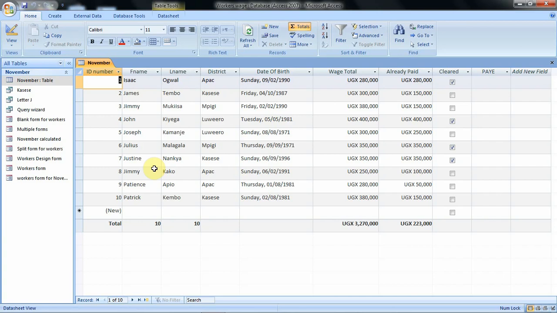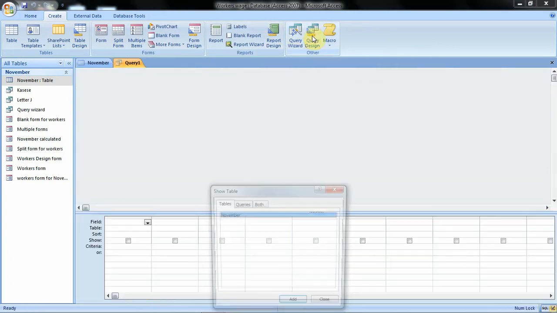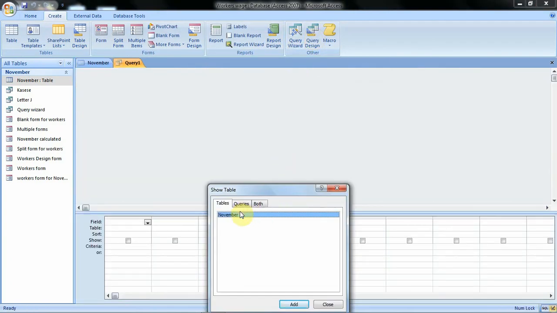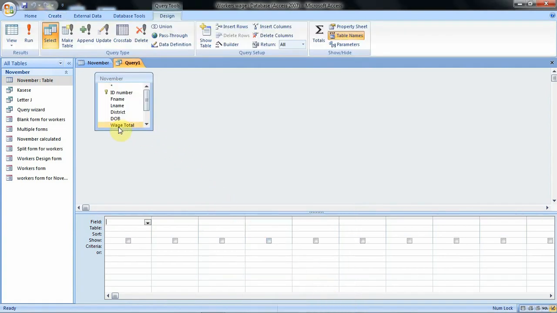So to do that, we shall go to create, then we use our query design. Then this is the table we want to work with, so we click add, then we close. Then we have to add our fields. So the fields can also be added from here. We want ID, number, first name,